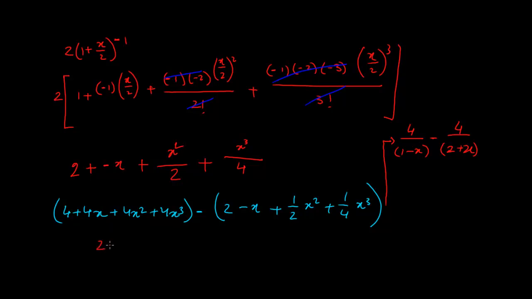And so what that boils down to is simply 2 plus 5x plus 7 over 2 x squared plus 3.75 x cubed. Sorry, I always mix up fractions and